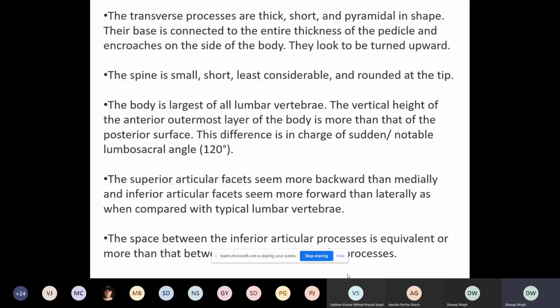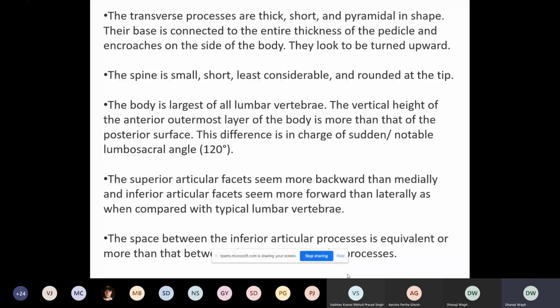This difference is a sudden or notable change. The superior articular facet looks more backward than medially. The inferior articular facet looks more forward than laterally, as compared with the typical lumbar vertebrae. The space between the inferior articular processes is equivalent to or more than between the